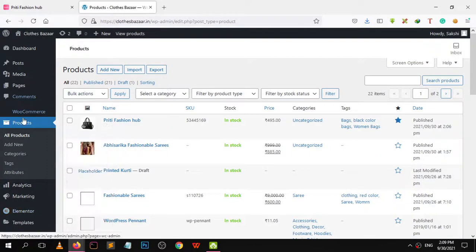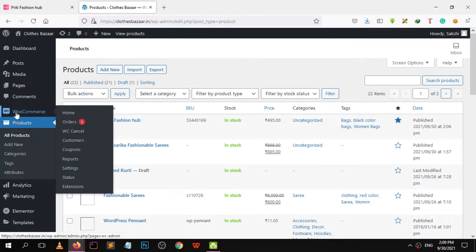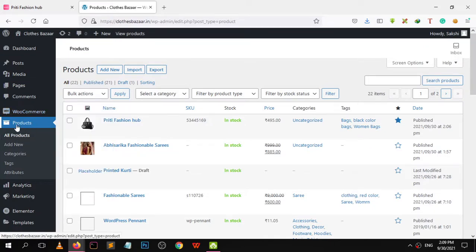That's it. You will use these two options, WooCommerce and products. The WooCommerce option to manage and cancel orders, and products to add products, select categories, add new products. That's it.